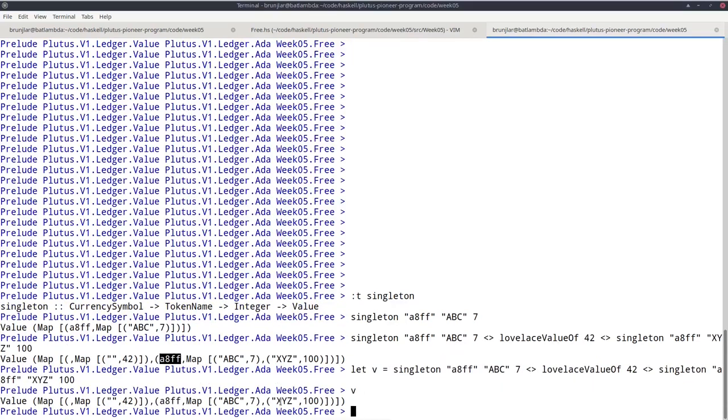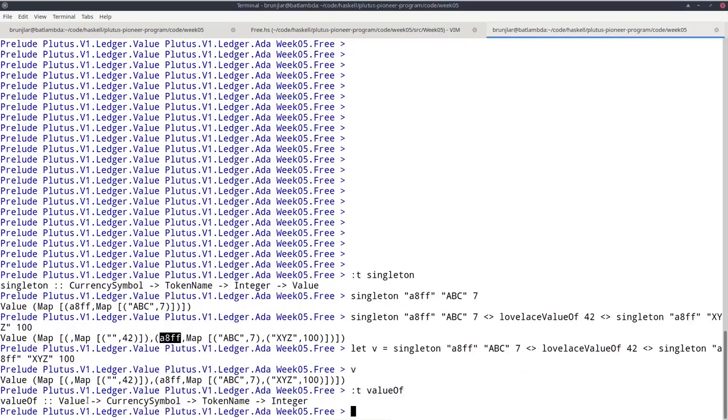And another useful function is, given a value, to extract the amount for a given asset class. That is called value of, and it takes a value and a currency symbol and a token name and gives us the corresponding amount.